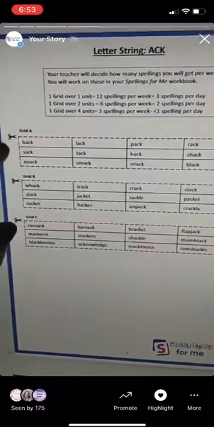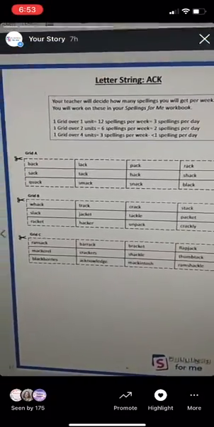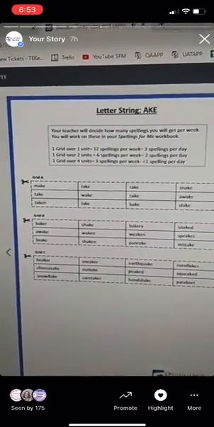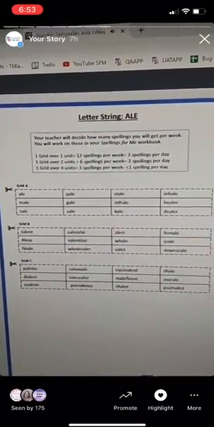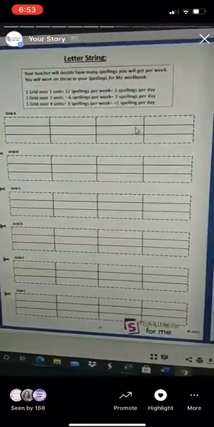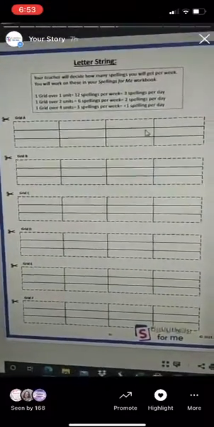You can move on to grid B whenever they've grid A done, or you can stop at grid A and maybe you want to work on another family then, or another letter string. It's totally up to you. So just to let everyone know that the resource is there. You have a blank one there as well if you want to put in your own letter string